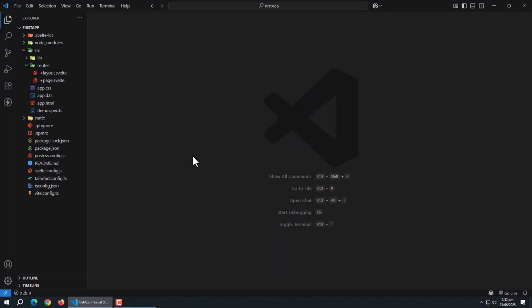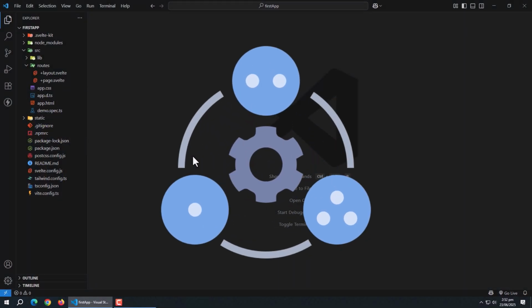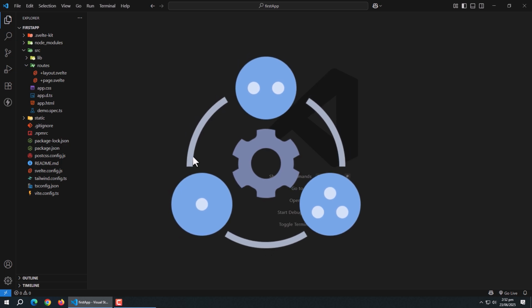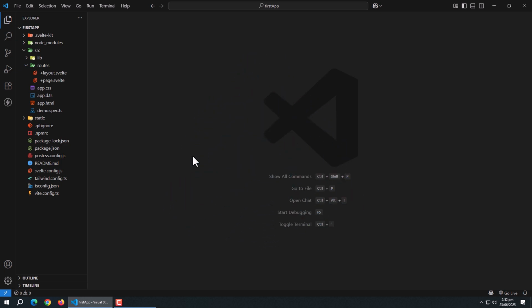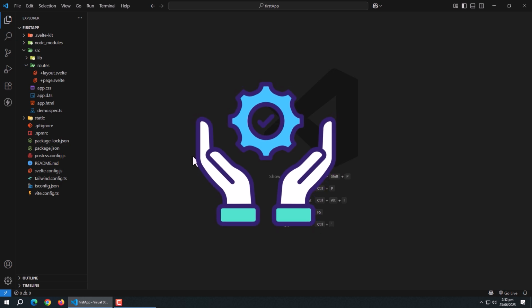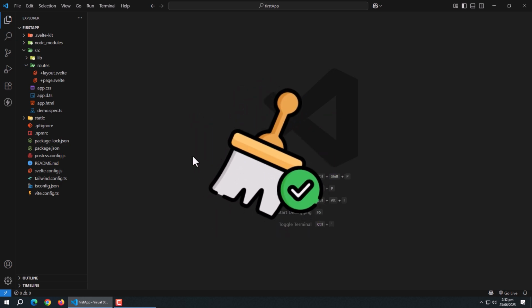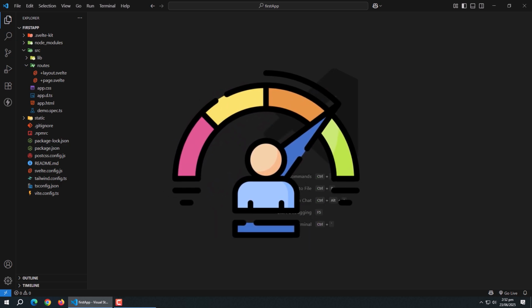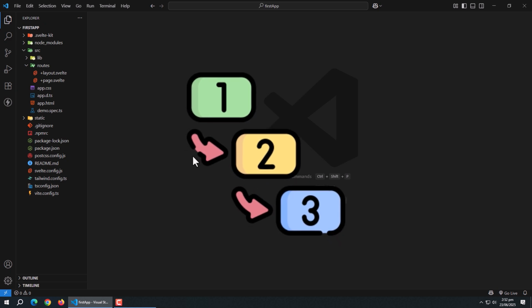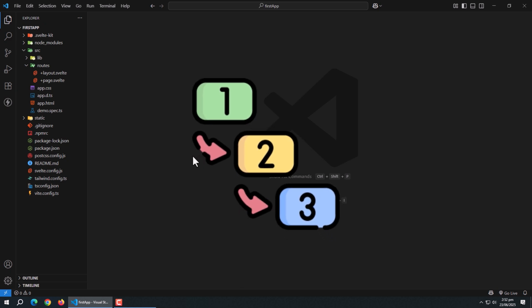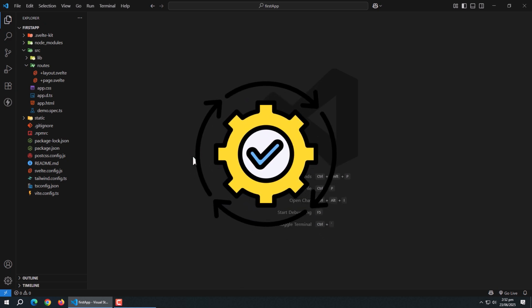The component lifecycle in Svelte 5 represents the different phases a component goes through from creation to destruction. Understanding these phases is crucial for managing side effects, performing cleanup operations, and optimizing performance. Svelte 5 provides several lifecycle functions and runes that allow us to hook into these phases and execute code at